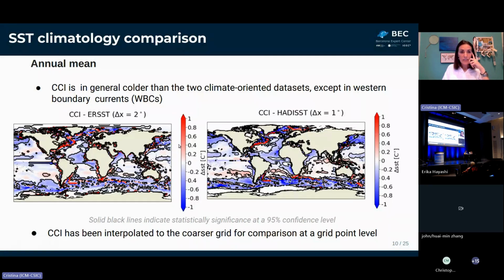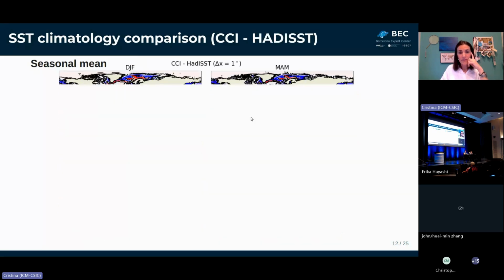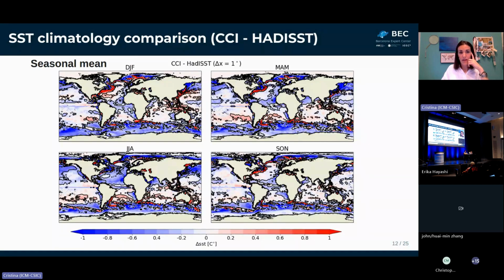95% confidence level. So we repeated this at a seasonal scale, and the results are robust along the seasonal cycle. These are the results for all the seasons, meaning DJF, December, January, February, and so on. So this would be March, April. And this is kind of the same for both data sets. This is ERSST, and then at 1 degree, we have the same results, being CCI colder, except in the